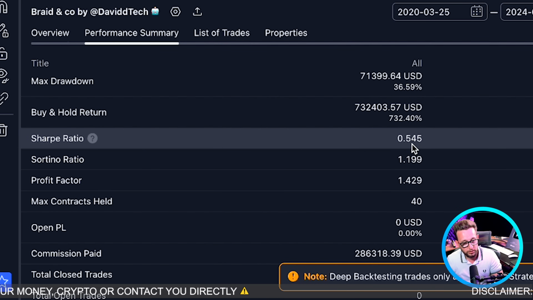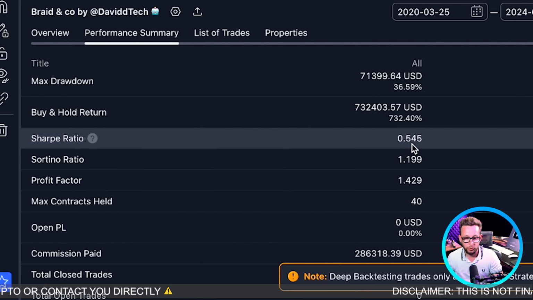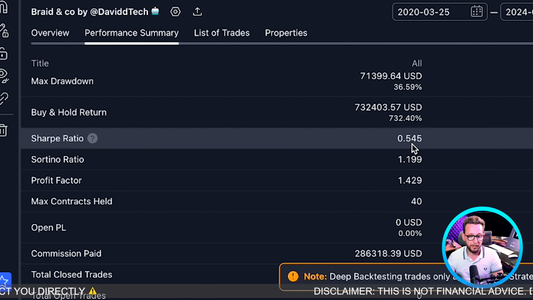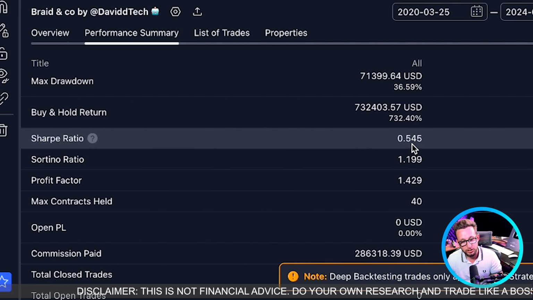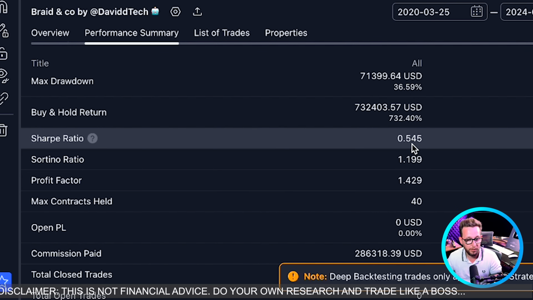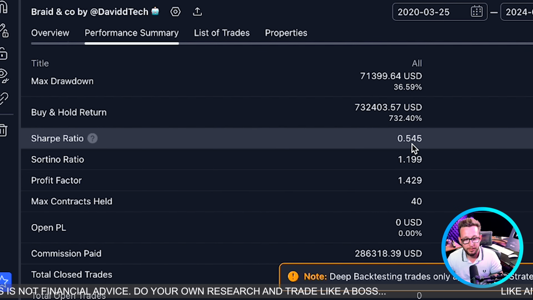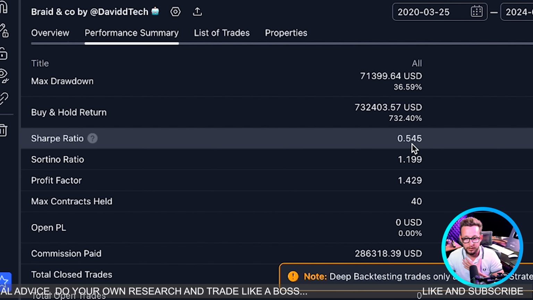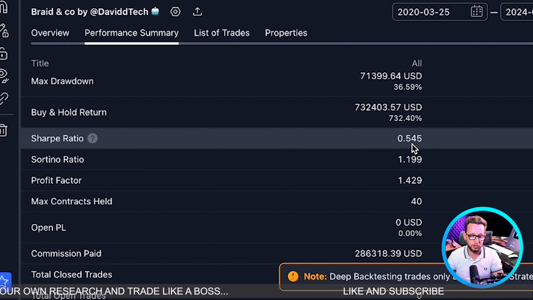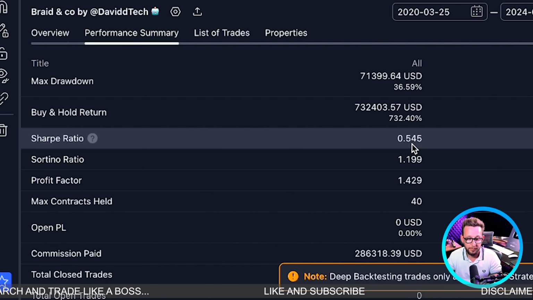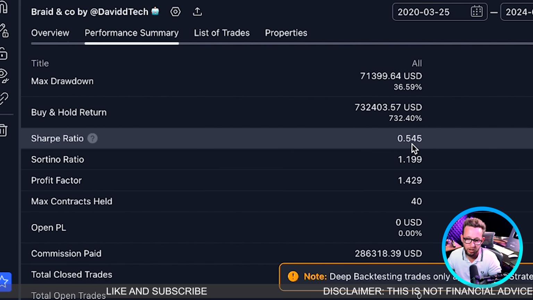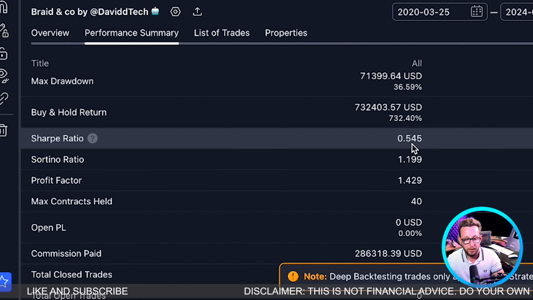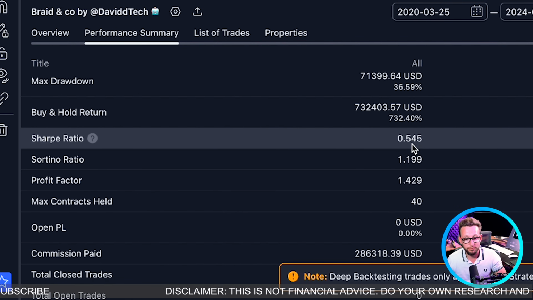It's very important, but I do tend to think if you only optimize for the Sharpe ratio, you tend to over optimize. The general rule is to try and find a Sharpe ratio above 1, but that doesn't mean that I shouldn't be trading a strategy that has a Sharpe ratio lower than 1, because by continually optimizing that strategy to get a higher Sharpe ratio, you may end up completely overfitted, which really defeats